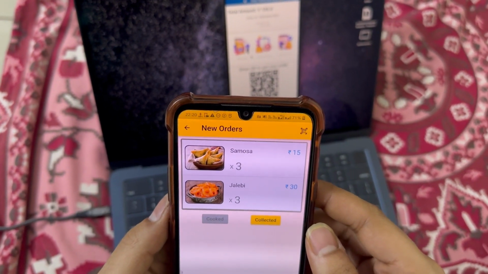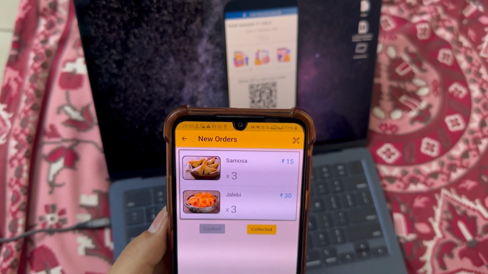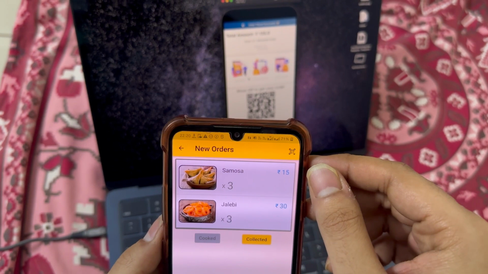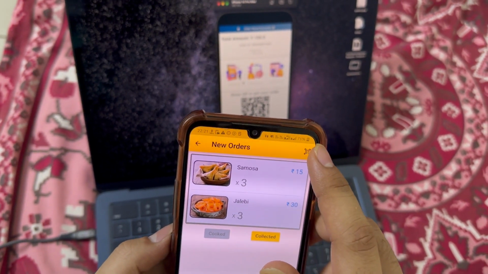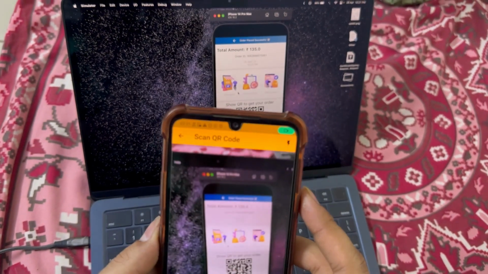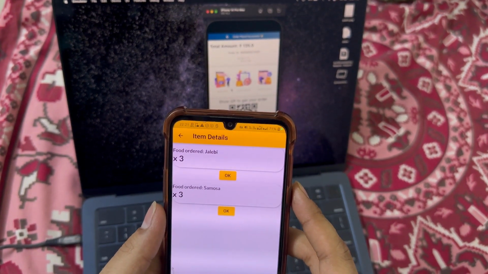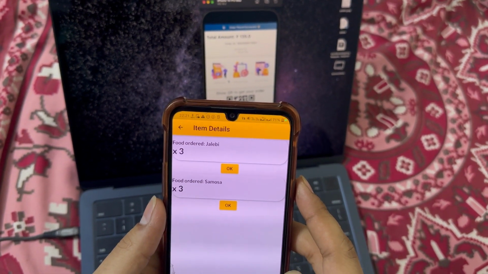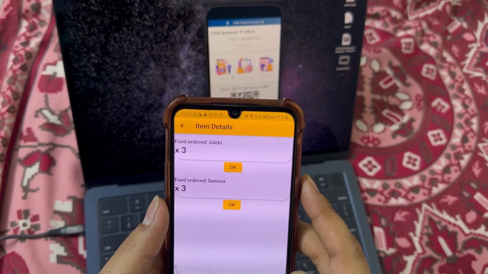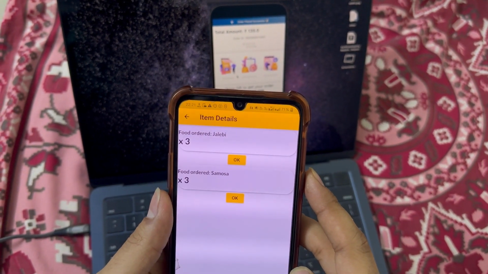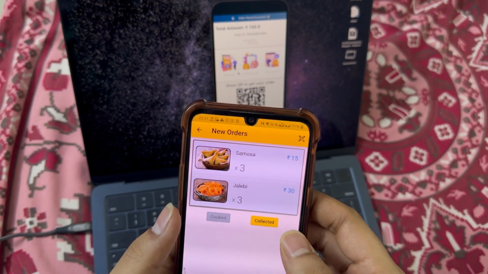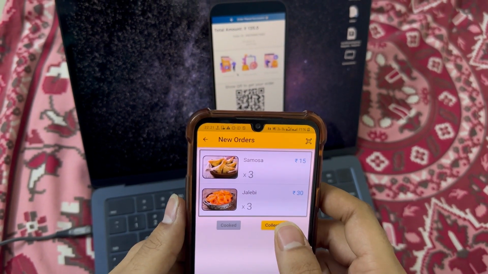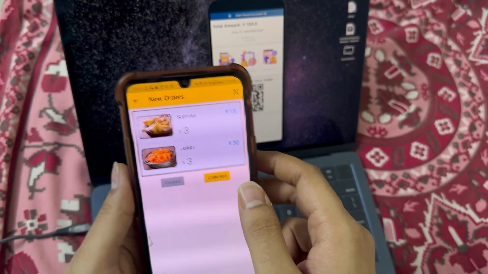Now, because of some errors of the screen recording in the local phone, the QR scanner was not working properly. So here is the video of it working from another phone. Now let me open the QR code scanner, and as we can see, the QR code was scanned and the food order was jalebi and samosa, both of them of three quantities. Now press OK and we can go back and we can deliver them the food, and then we can just press collected